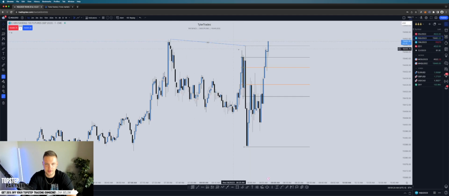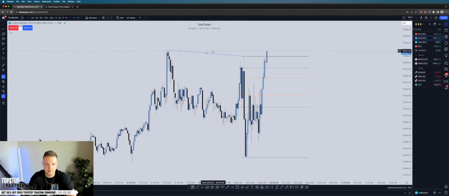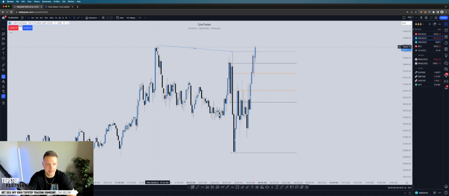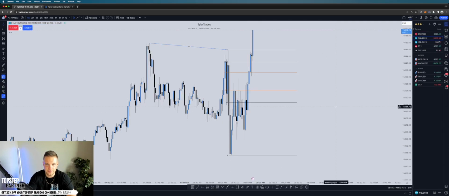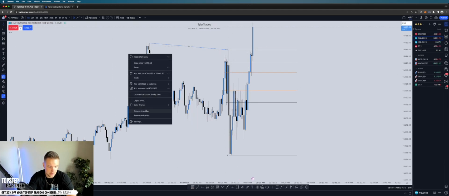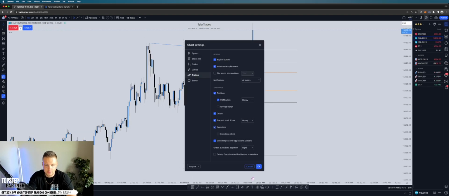So you can see that as of this moment, there was SMT here with NASDAQ. We had NQ putting in a lower high, meanwhile ES was putting in a higher high. So I like that. Saw this displacement down and wanted to take a trade off of this order block inside of OTE. Did that. I'll turn on executions so you guys can see.